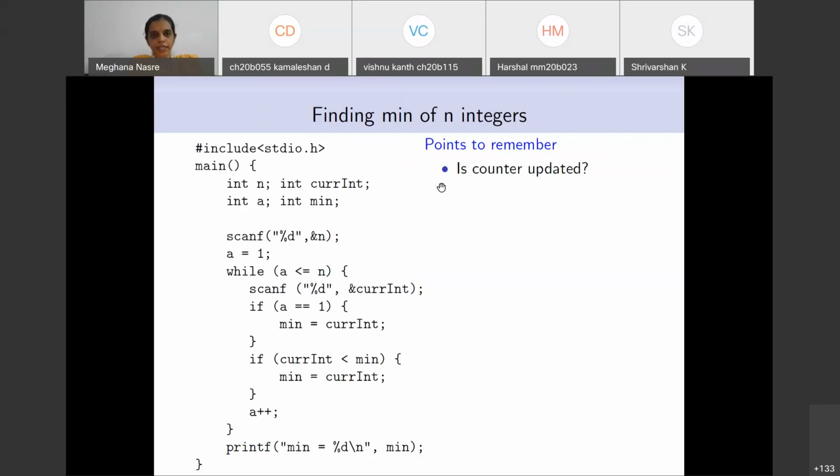So once you write some program using a while loop, and if there is a counter or an expression, in general it is the test expression that is updated in the while loop. That is something that you need to check. The second is about the corner cases. What happens to this program when there is a single input? How does the program behave? Let's say there is a single input. Does it behave correctly? If there is no input, that is, if the user inputs 0, what is the output of the program?